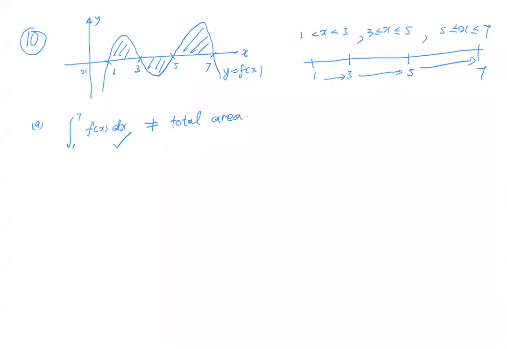Make equations for the area shaded. Is it the area of the shaded region? If you have a definite integral from one point to another point, so what can I do? Definite integral 1 to 3 first. Yeah, okay. So to explain this, I will start like that. Definite integral from 1 to 3 first, followed by minus the definite integral from 3 to 5. So you just write down whatever you know first. Then followed by